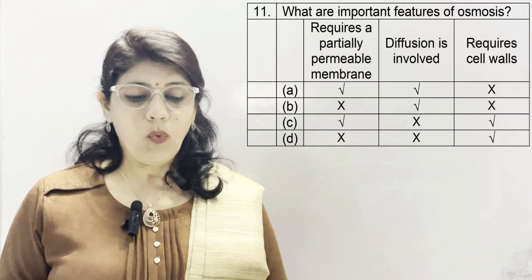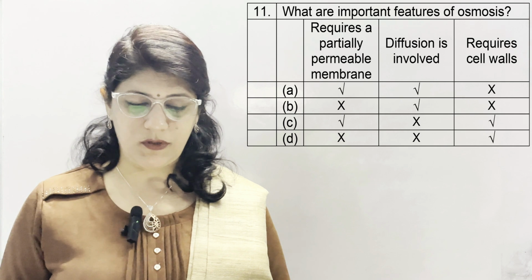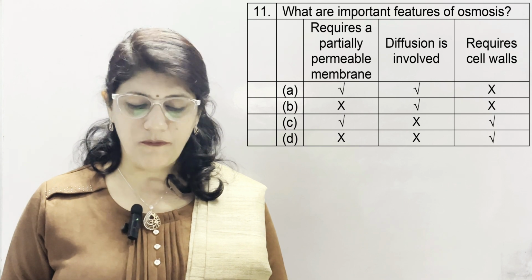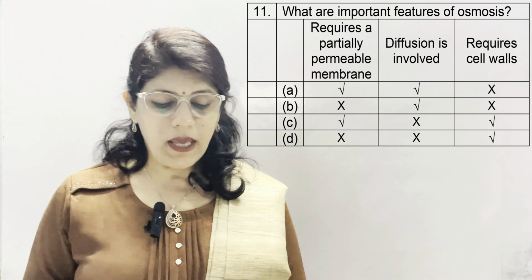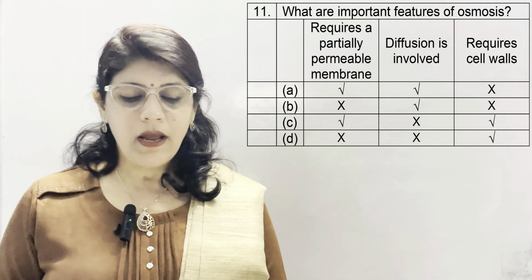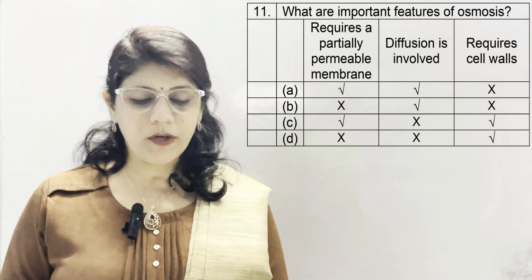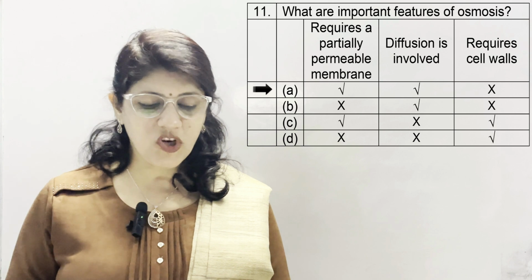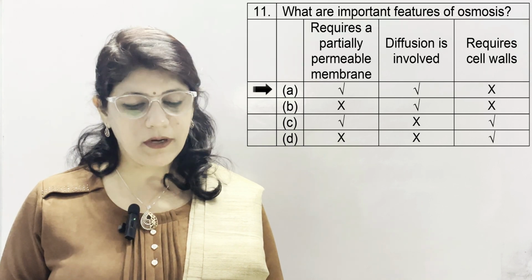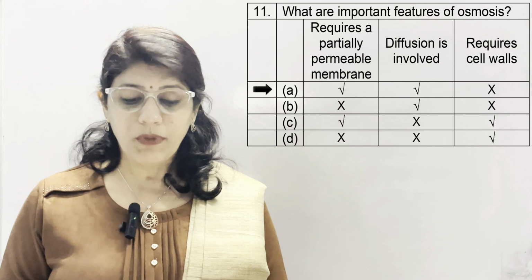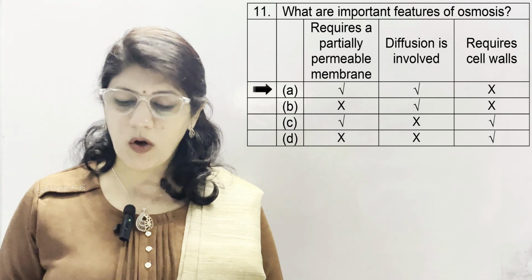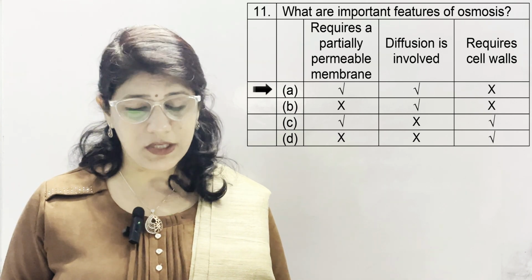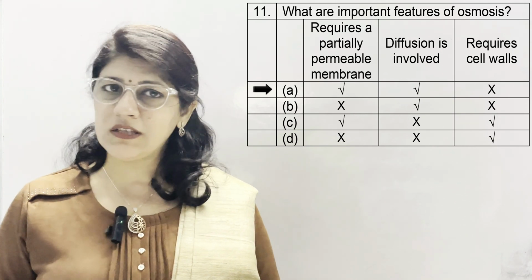Question number 11. What are the important features of osmosis? Requires a partially permeable membrane, then diffusion is involved and then requires cell wall. A option, tick means these are present and cross means these things are not present. So according to the data given in this question, option number A is correct because requires a partially permeable membrane is correct, diffusion is involved is correct and requires cell wall is incorrect because osmosis is a process by which solvent molecules tend to pass through a semi-permeable membrane according to the concentration gradient of solvent molecules across the semi-permeable